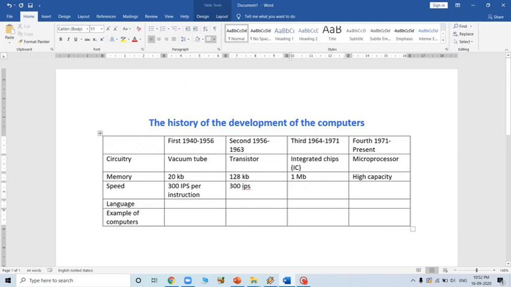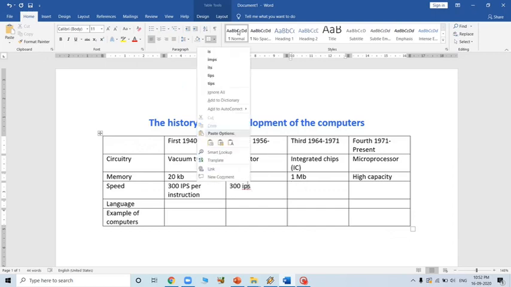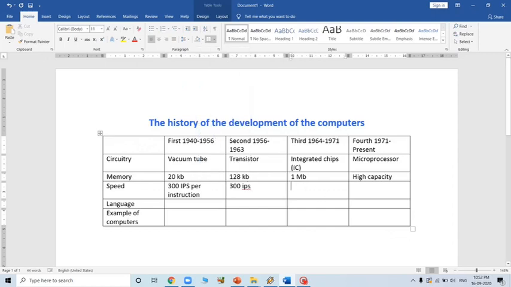and in the next it was 1 MIPS, which is 1 million instructions per second.